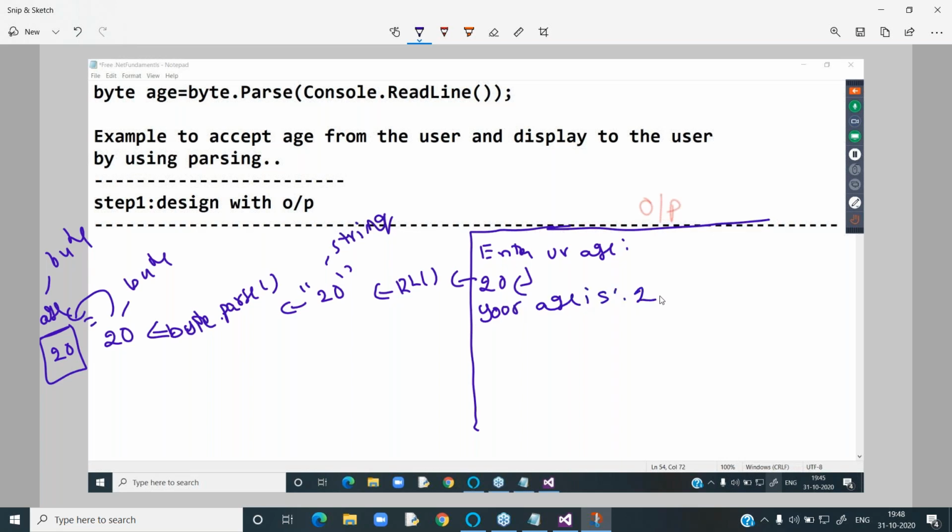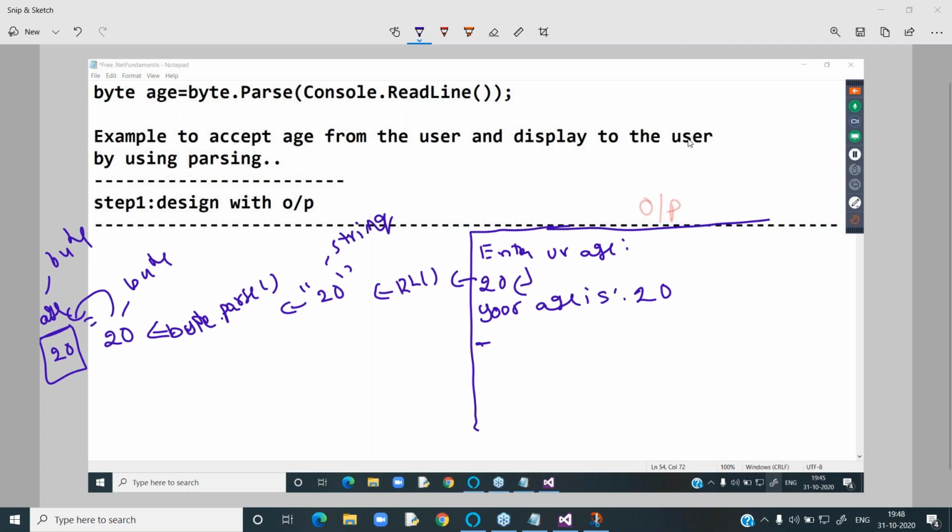Your age is 20. Your age is what? 20. And move the cursor to next line. So that is the story. Clear all of you? This is the solution for the yesterday problem. Did you understand all of you?